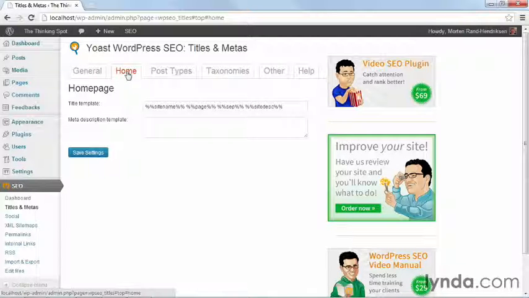First off, you have a homepage. This is where you can set the title template and the meta description template for your homepage. So just like with the all-in-one SEO pack plugin, here you can put in a default description for the homepage. So if people share your homepage on social media, or if someone finds your homepage on a search engine, they'll see that meta description. So here again, I would put in